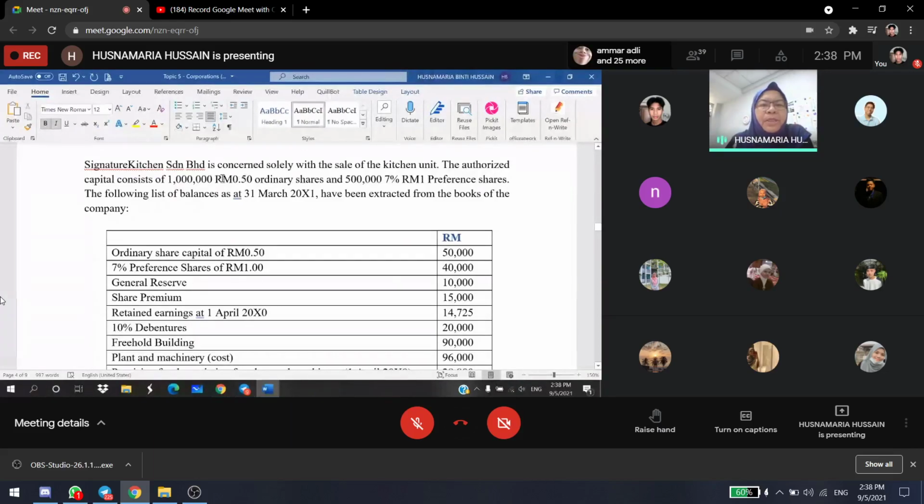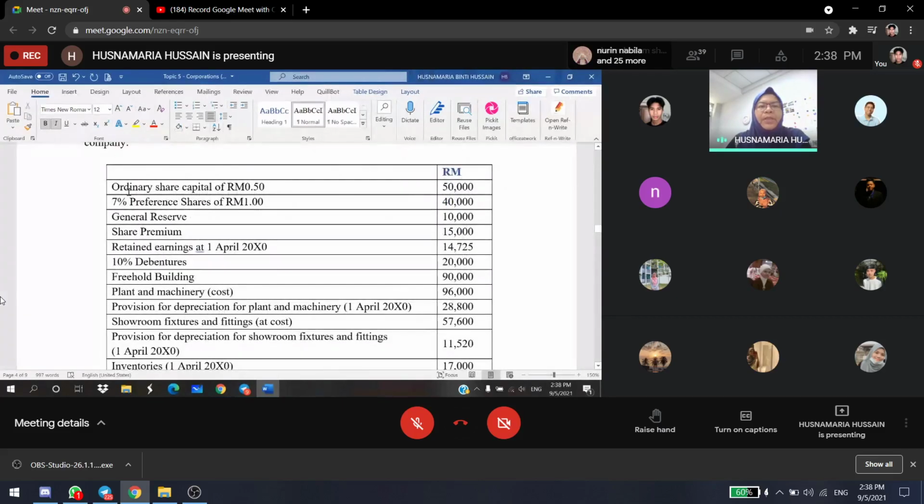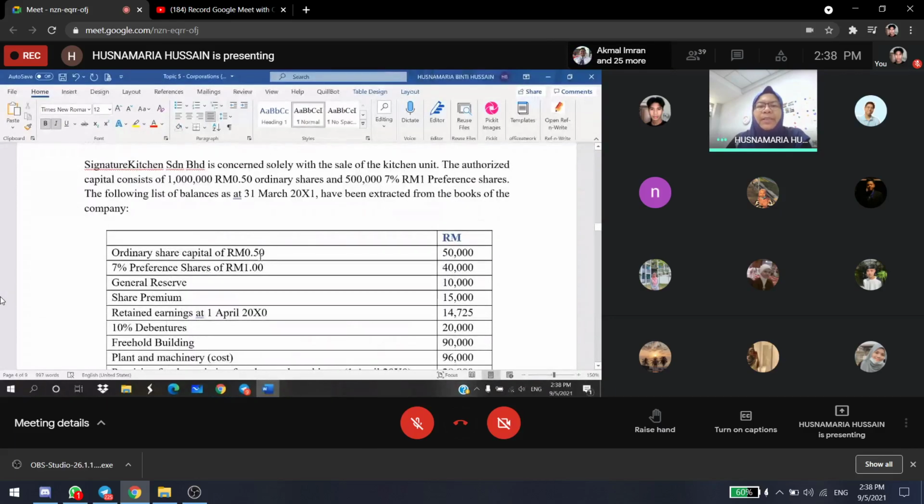So you see, ordinary no percentage, preference shares ada percentage because this is the maximum that we can pay to our preference shareholders. Right, then they give us the accounts, the list of the account. Tengok, ordinary share capital 50 cents, 50,000. This is issued share. Yang tadi tu authorized, this is issued. Ordinary. 7% preference shares, RM1 each, 40,000. General reserve dah ada dah from previous year. Share premium also dah